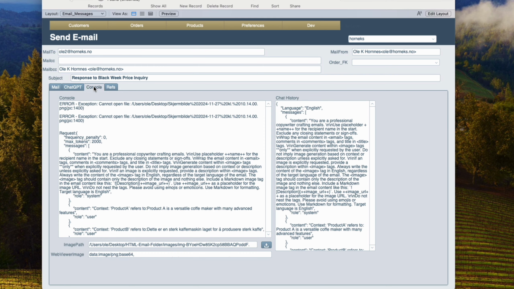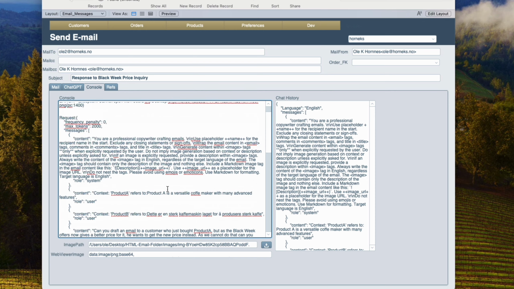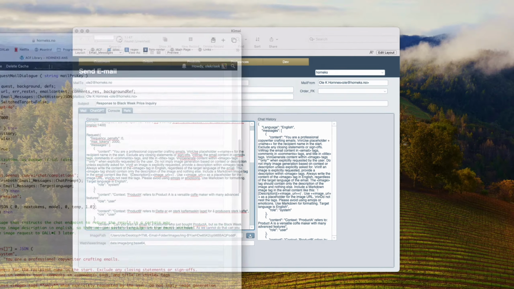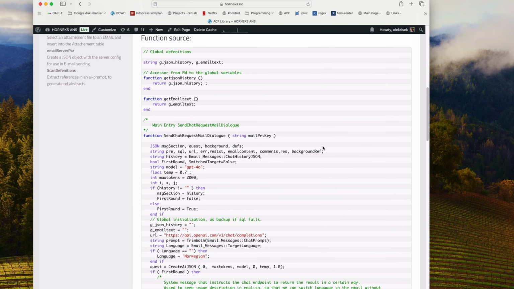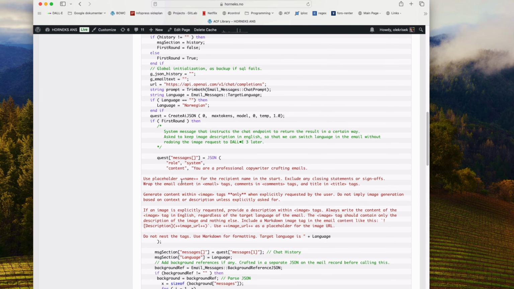Okay, so how does this work? We have this console, and here is the latest console output. We can see that we created a message section. I'll look at the source code instead so we can understand how this works. Here is the function that sends the request. If it is the first round of chat, there is no history, so we create the messages from scratch. If it is a subsequent round, we copy all the messages from the history and then add our new prompt